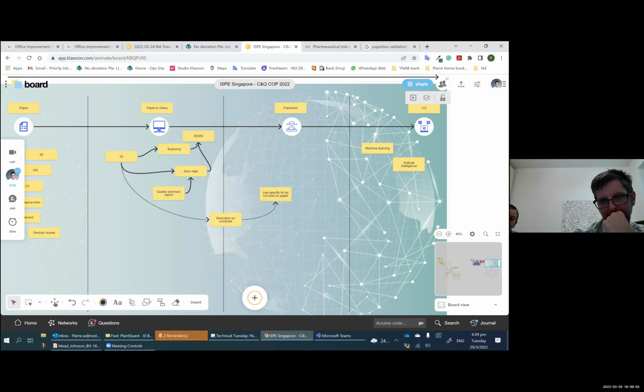So I just like to reiterate what Pierre has mentioned about regulatory expectation when it comes to paper or electronic, that they don't really matter, right? As long as patient safety is really maintained and you can prove your full traceability, how they see it is the same, right? So the important thing is just to not be resistant to it, try it out, have a first go at it, and then it will bring you to a more efficient way. So one of the things we realize as well, right?